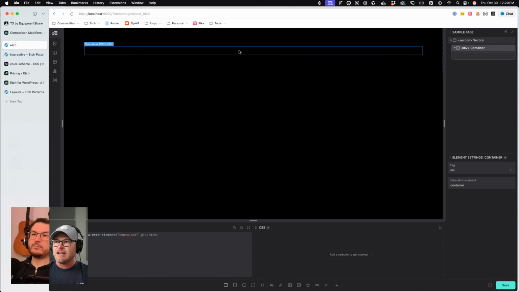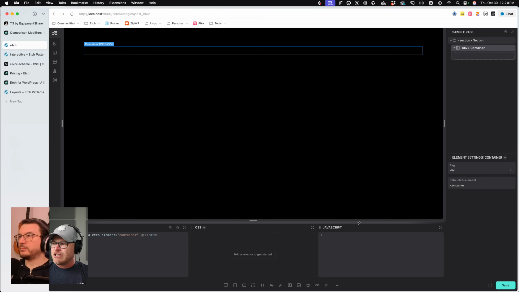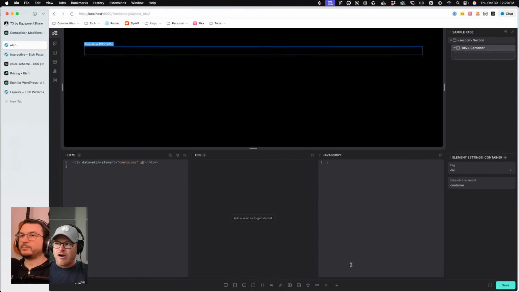You could put in a section, turn on the JavaScript editor, and literally write vanilla JavaScript right here and teach that if that's how you wanted to teach it, right? So the fact that Etch shortcuts a bunch of things like loops and conditional logic and so forth is just a benefit. It's just a bonus. Could you do it without that? Yeah, you'll be able to do it without that if you really, really wanted to. I don't know anybody in their right mind who would, but it's possible.